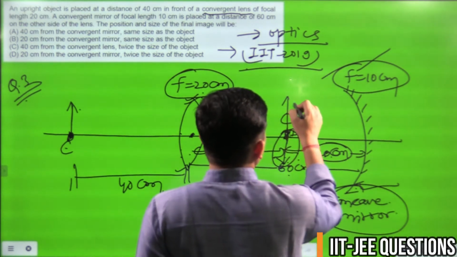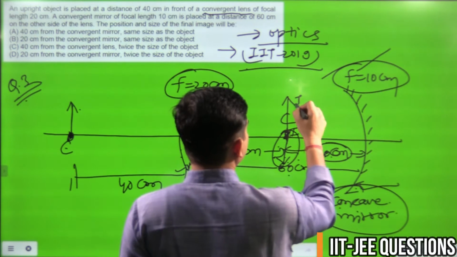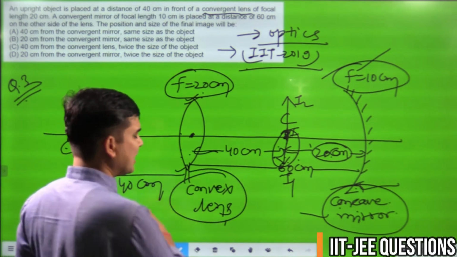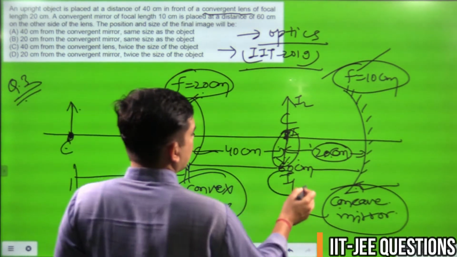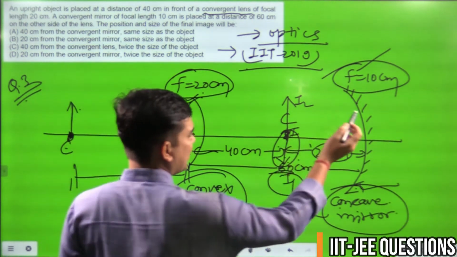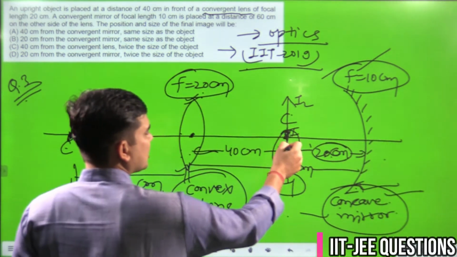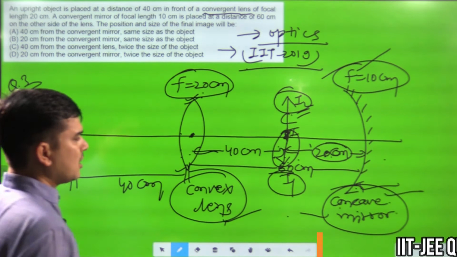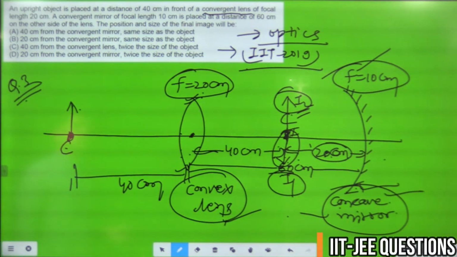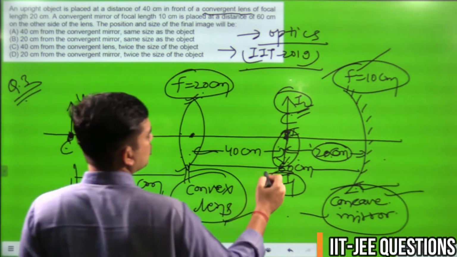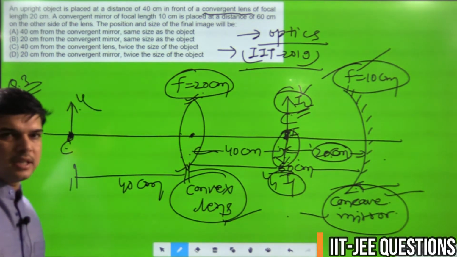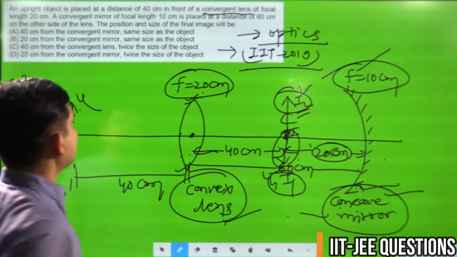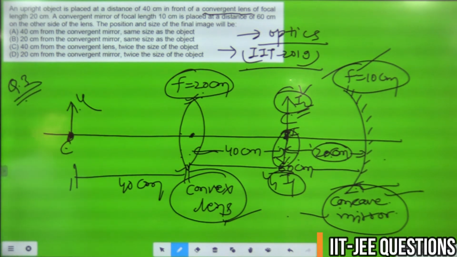It means what? Again, an image will form. The second image, I2. The first image, I1, is formed by the convex lens. Let me clarify: the first image is formed by the convex lens, and the second image is formed by the concave mirror at the same position. I think now it is very easy to put the values of u, v and all in the mirror formula and lens formula to calculate the position of the mirror and object.